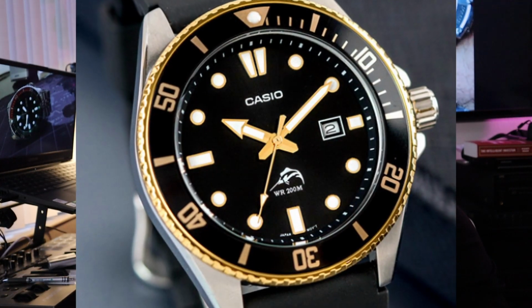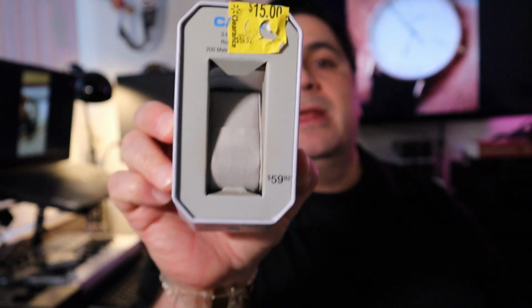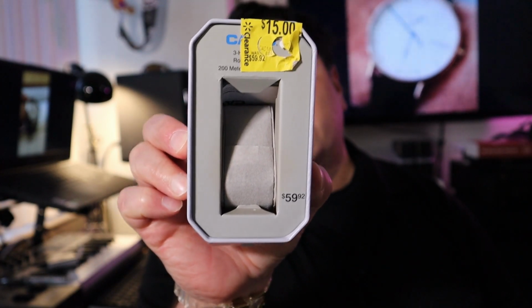Or you can choose to spend $15 on a watch rather than $15,000 on a watch like the Rolex Submariner. That's right, a brand new Rolex Submariner can cost you up to $15,000. But this beautiful Casio Duro MDV-106 can be found at Walmart for as low as $15. That's right, this guy was $15 at my local Walmart. Sometimes if you just hunt around a little bit, you'd be surprised you can find yourself a really good deal